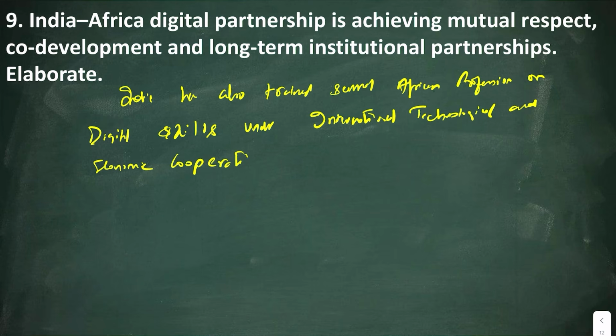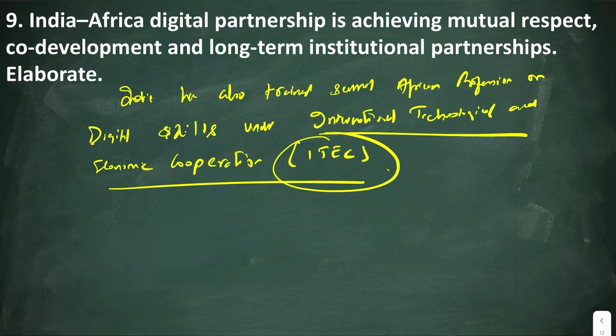Okay, so this is called ITEC. Now look at this. This ITEC is something that is done in all the South nations by India. It is done in Brazil, in African countries, and in other neighboring countries of India. So it is not done only in Africa. That is why in international relations, one thing will be repeatable across different thematics. If you write a lot of answers, you will understand that ITEC is a point that I can write anywhere. India is training professionals of those countries under the program called ITEC. That ITEC is a common thing. That wisdom will come with a lot of writing.